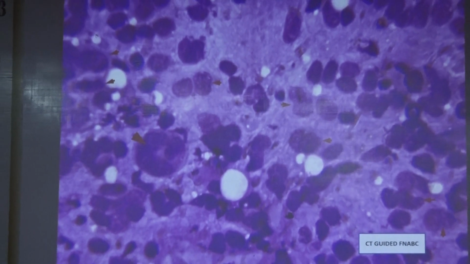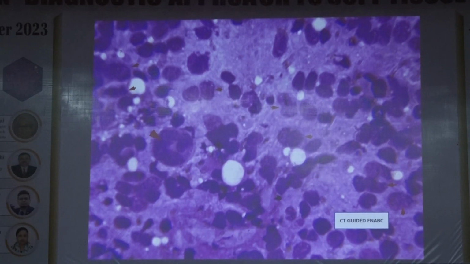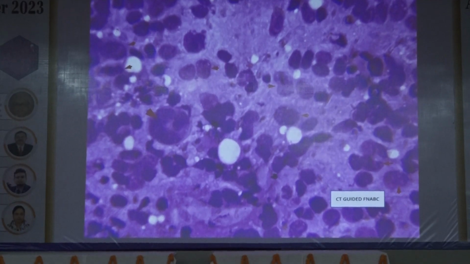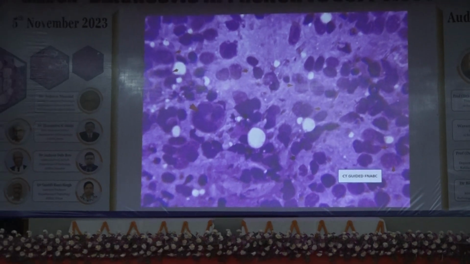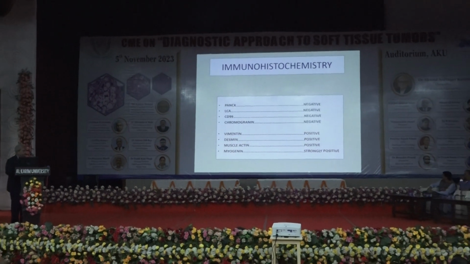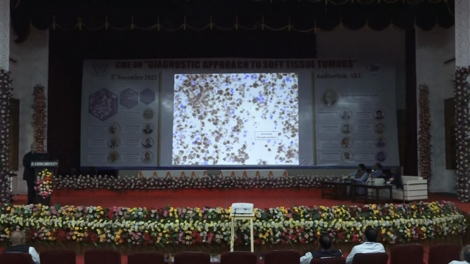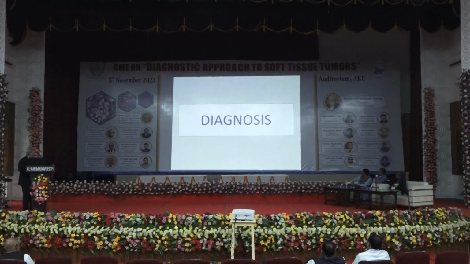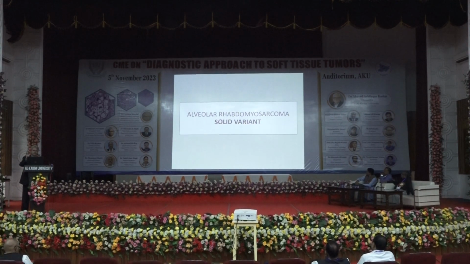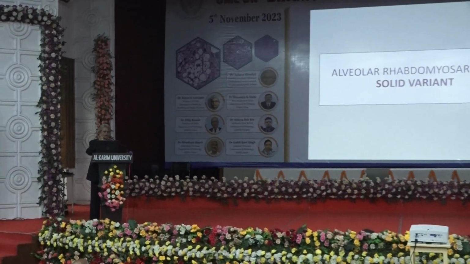Wreath-like nuclei is very classical of a soft tissue tumor. Also, wreath-like nuclei are found elsewhere, in clear cell sarcoma of tendon sheath, where we can also find wreath-like nuclei. But this is not from a tendon sheath. And myogenin is strongly positive in this case. The diagnosis is alveolar rhabdomyosarcoma, solid variant. So these are the nuclei which produce wreath-like nuclei arising from muscular origin, and it is a huge tumor which